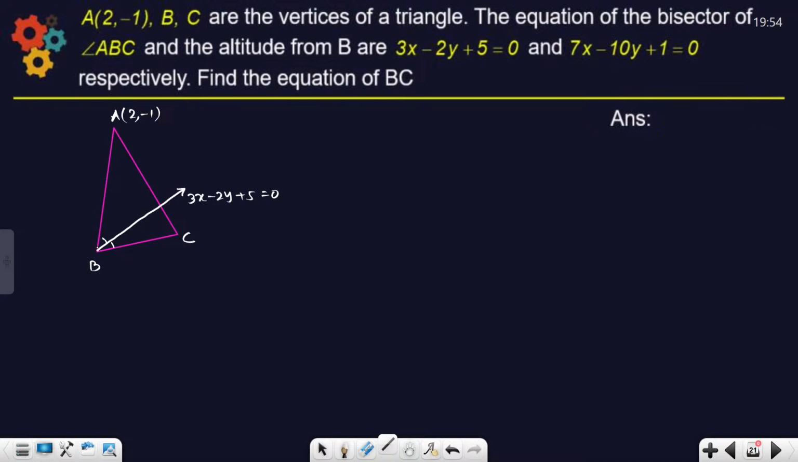This is, let us say, the perpendicular. Though the figure is not accurate, but okay, we can understand that. So this is the altitude, right? From B, I have drawn the altitude. Let us say this is BE. And the bisector of angle ABC is given. The white line is the bisector. And BE, equation of BE is given,